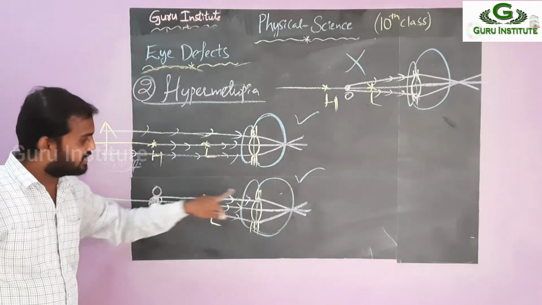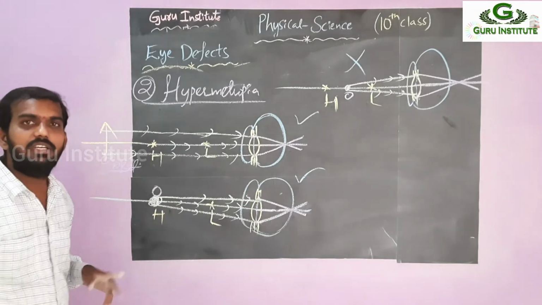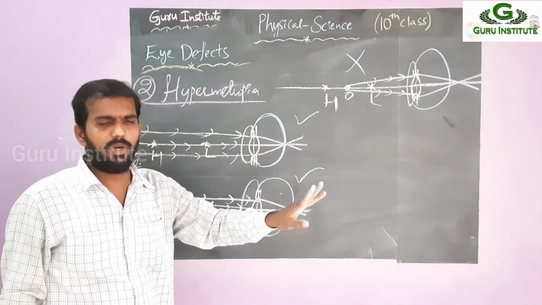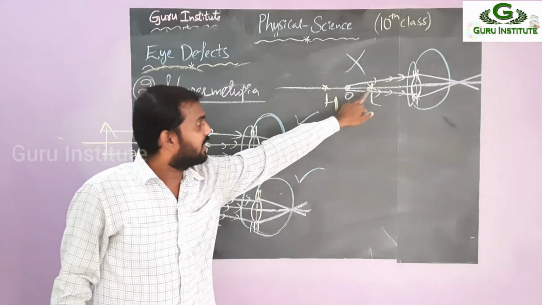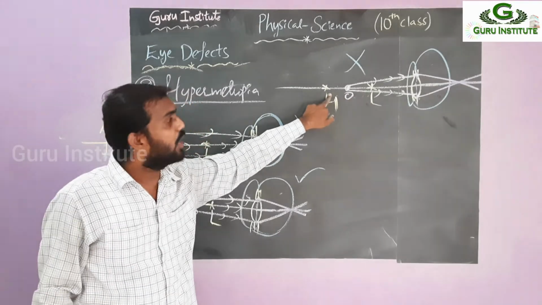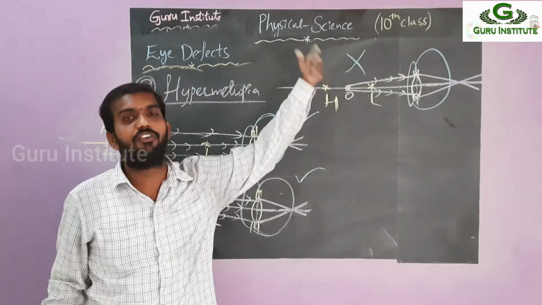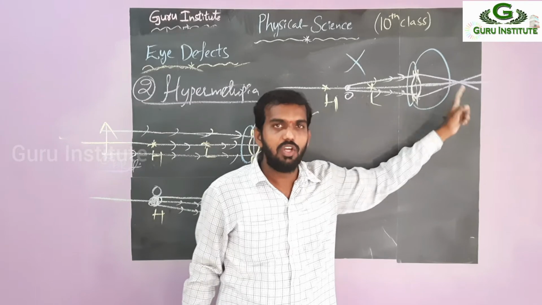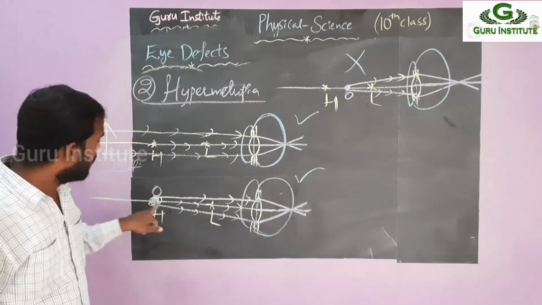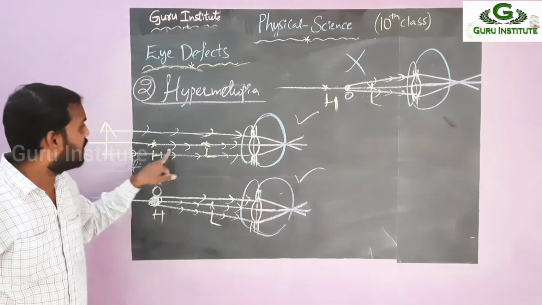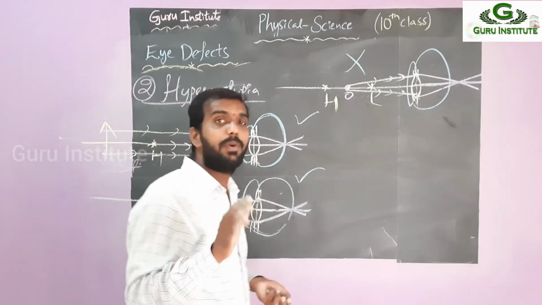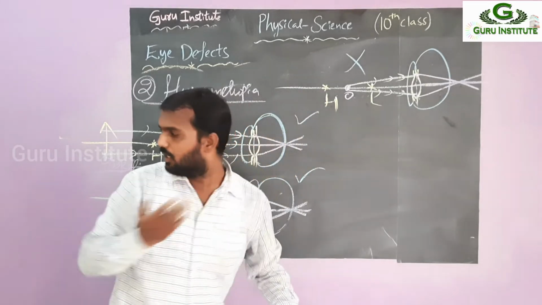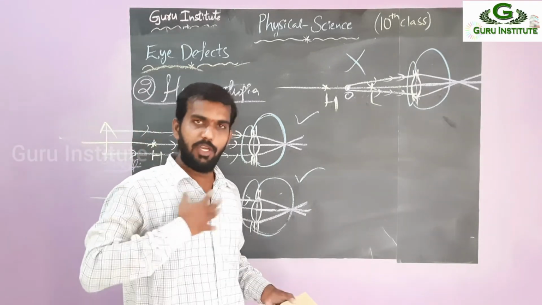From H, you can see the image. After H also you can see the image. Then from which point can you see images clearly? Before L, nobody can see the image. Only after L can you see. From L up to H you can't see, because the image is formed after the retina. The retina is here, but it is forming here. But from H, it is meeting on the retina, and after H also it meets on the retina. From which point can you see the image? After H. Suppose this is the L point. Let me think of myself as suffering from hypermetropia.